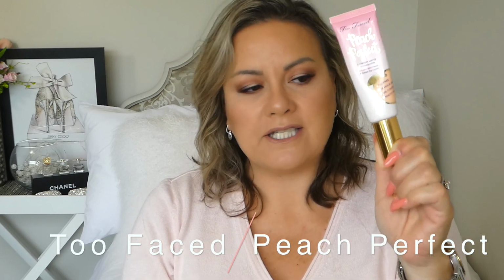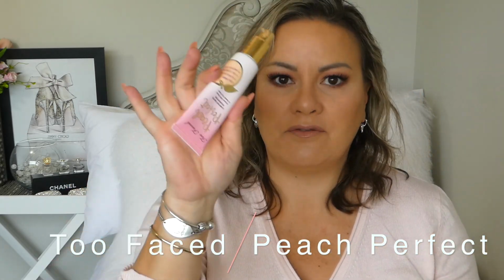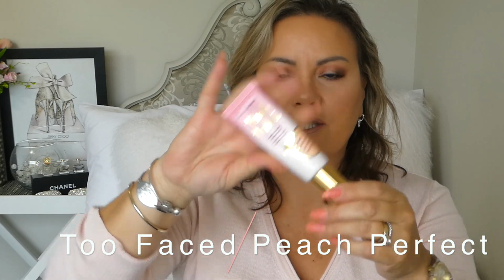One of my favourite foundations of the moment is the Too Faced Peach Perfect Comfort Matte Foundation. I love the packaging, I love the pump, I love the plastic tube. Another great travelling product. Keeps me matte, love the coverage. Bummer we don't get it here in New Zealand,